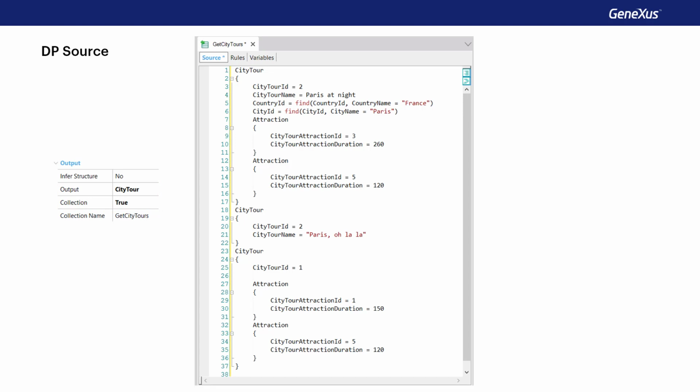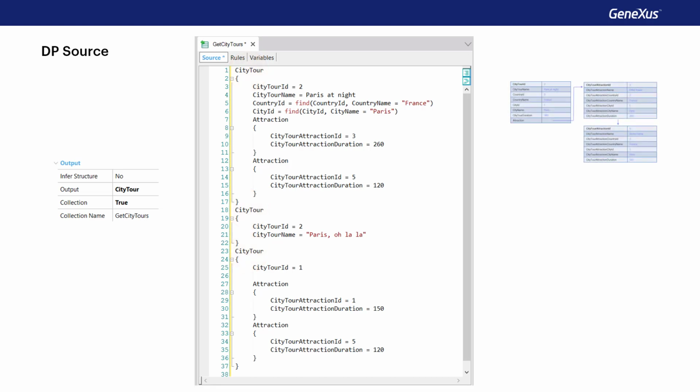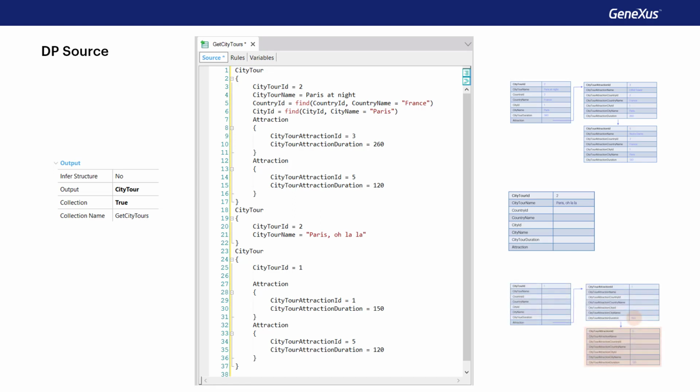It's assumed that city tour ID is not auto-numbered, and that identifier 2 does not exist. Note that there are 3 city tour groups for the 3 items in the collection that will be returned. The first one loads all the header data and the 2 lines. The second one assumes that the insert operation on the first one has already been done. So, for the same city tour, it'll try to change its name. The third one changes the value of the line of ID 1 and adds the line of ID 5.